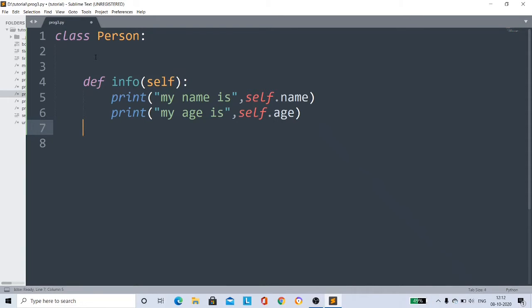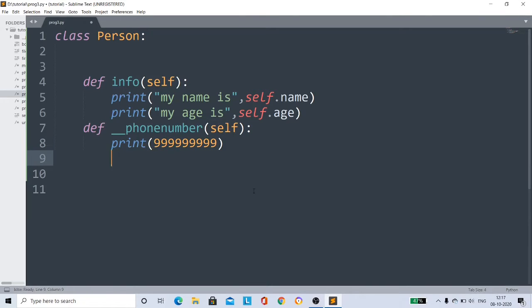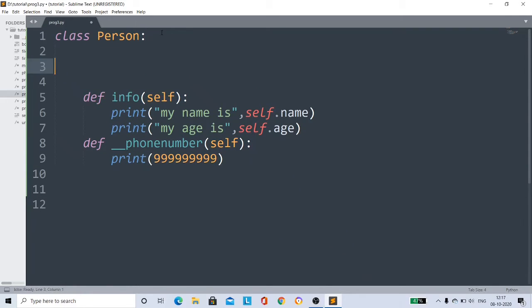I take another method and I make this method a private method. So def, and to make a private method, just give double underscore before the name of the method. Double underscore, and my method name is phone number. I have to use self for this also. And inside this, I print my phone number. I'll use some random number, for example 99999. And I'll call this phone number method, which is a private method, from inside this class by creating